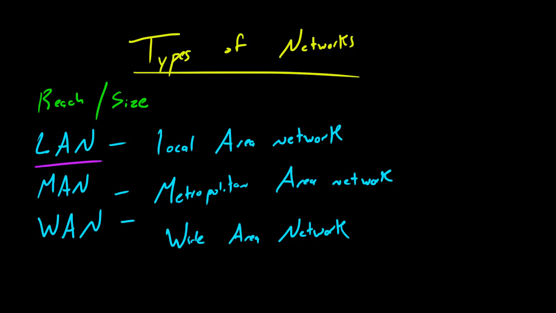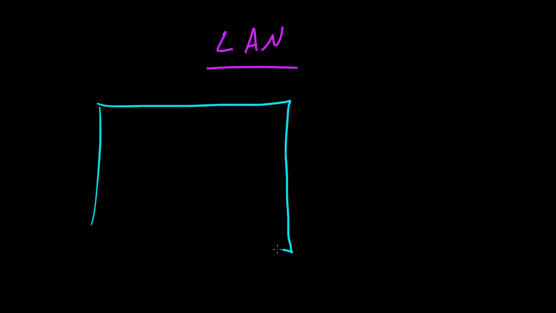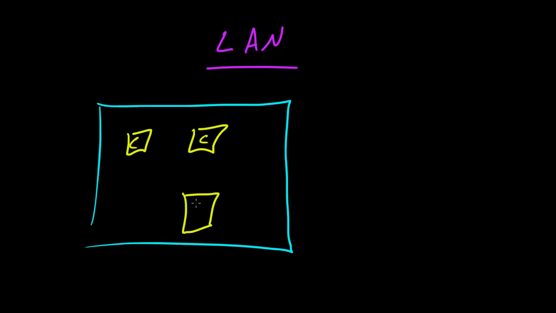But anyways, the first one I talked about is LAN. So let's go ahead and cover that right now. So what is a LAN? Well, I said that it's a local area network. What type of computer network does this represent? Well, a local area network pretty much means that all computers are in the same building. So here's your building right now. You might have a computer here, here, computer, computer, computer, and you can, of course, have a printer. That's a type of computer too, as we talked about earlier. But basically, LAN, which is a local area network,